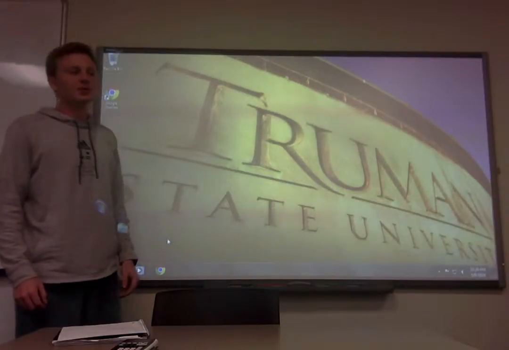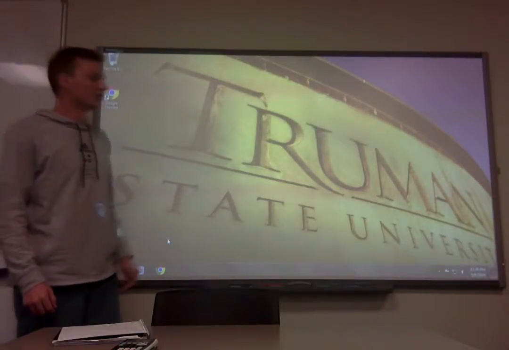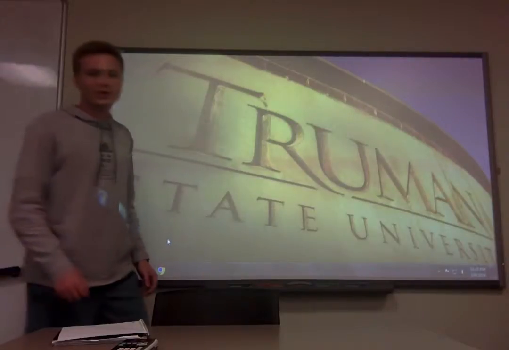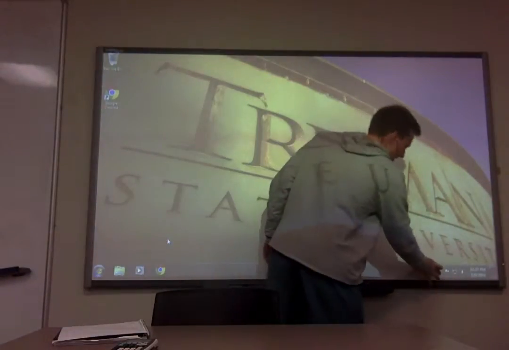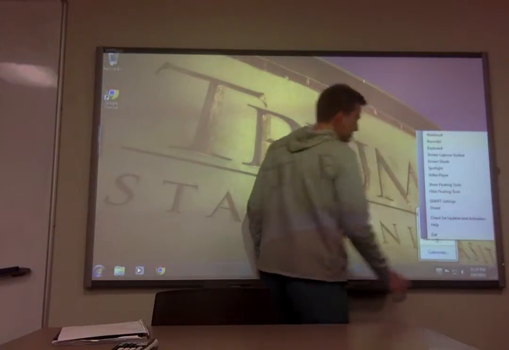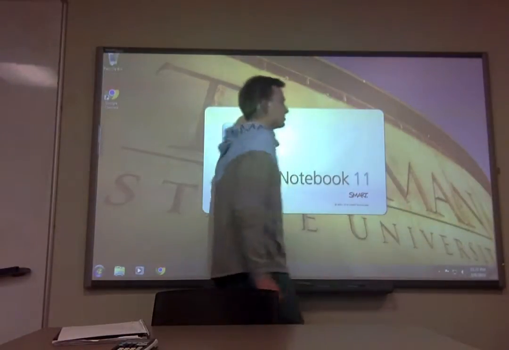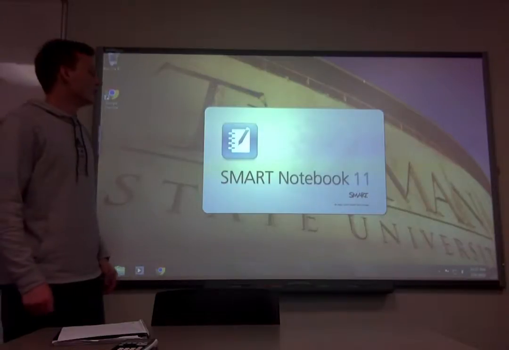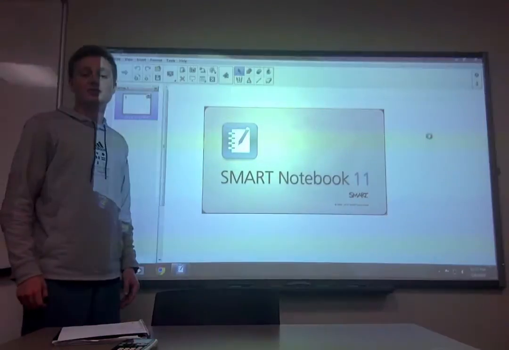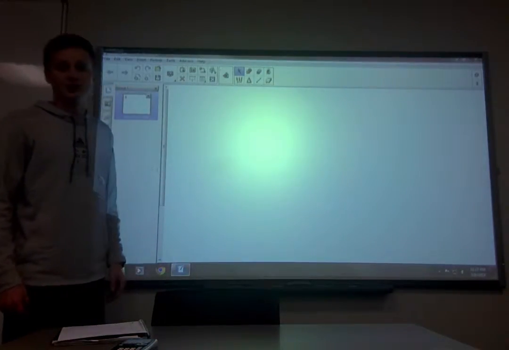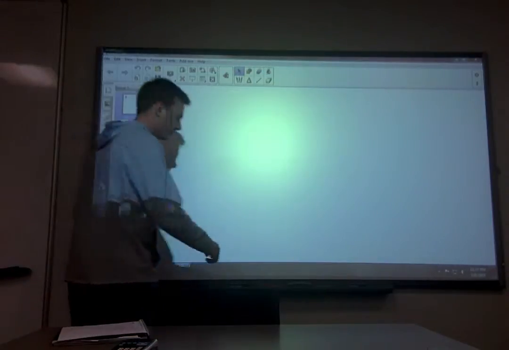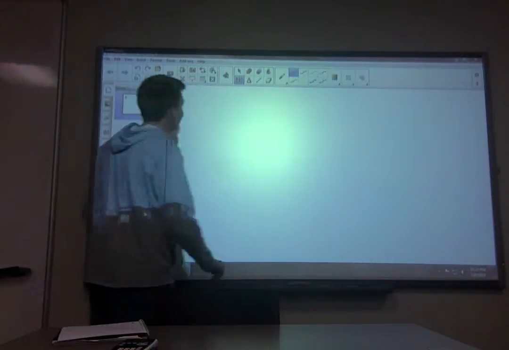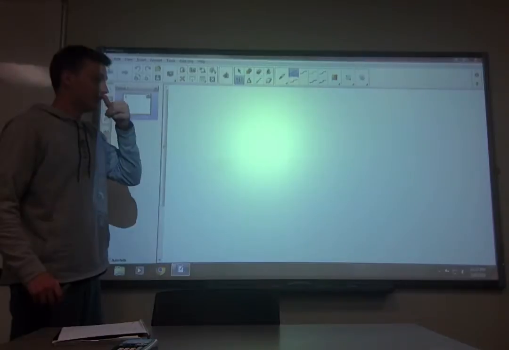Now that we know some of the basic tools that we can use on the Smart Board, Smart Notebook, we can start thinking about how we are going to implement these tools in a high school math classroom. So, for example, one really good class that you could use a lot of this stuff in would be a high school geometry class. So let's say that we're in a geometry class and we're learning about the area of